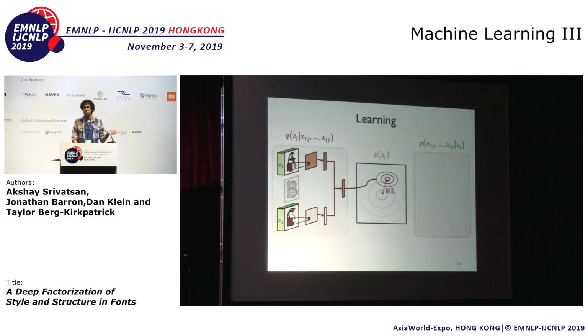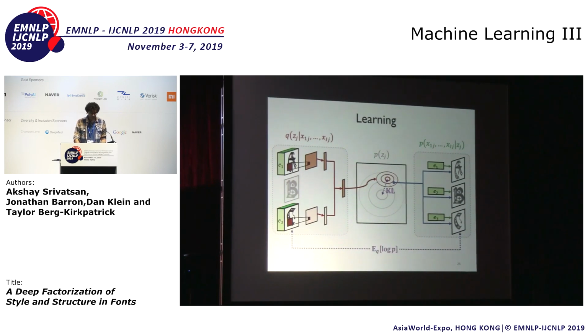We can just compare that to the unit Gaussian. And in order to get the reconstruction term, we just draw a sample from that, pass it through our decoder, and then we can get some parameters which we can use to evaluate the probability of the glyphs that we saw. As a brief aside, I want to mention that we're not actually measuring that final probability, that reconstruction, in